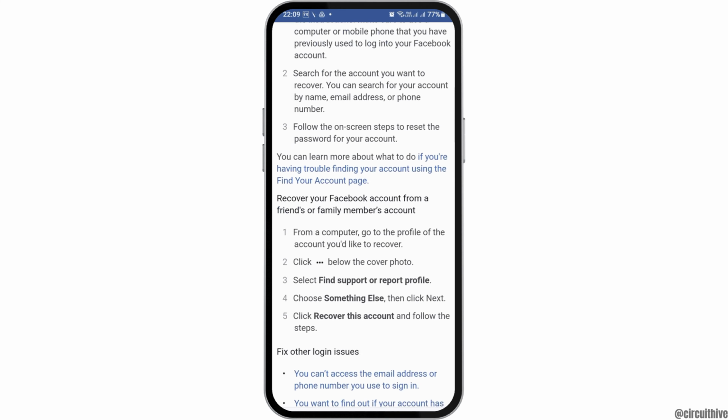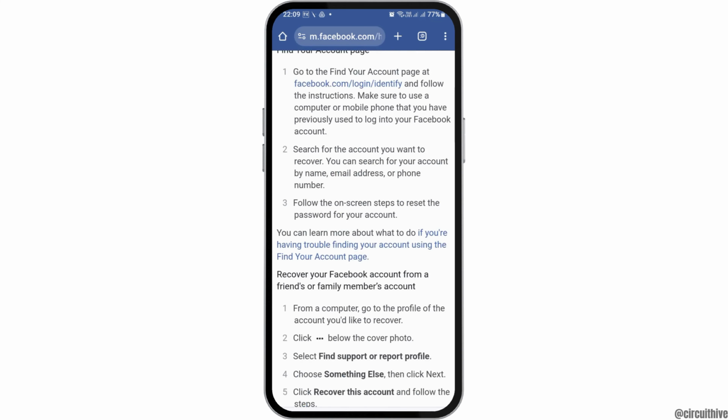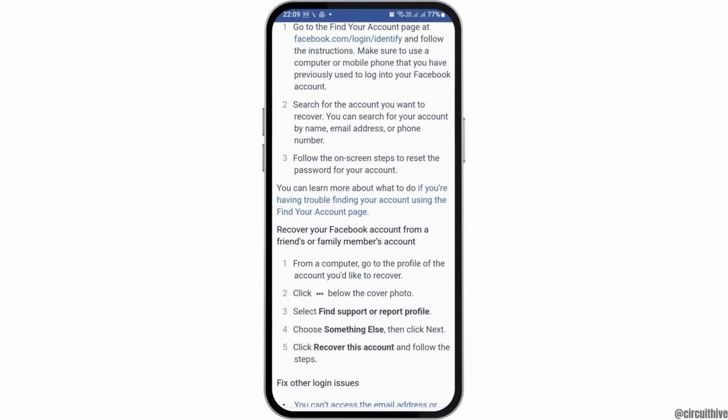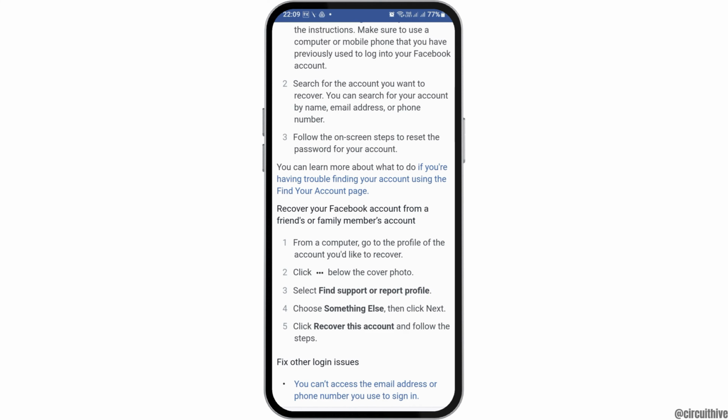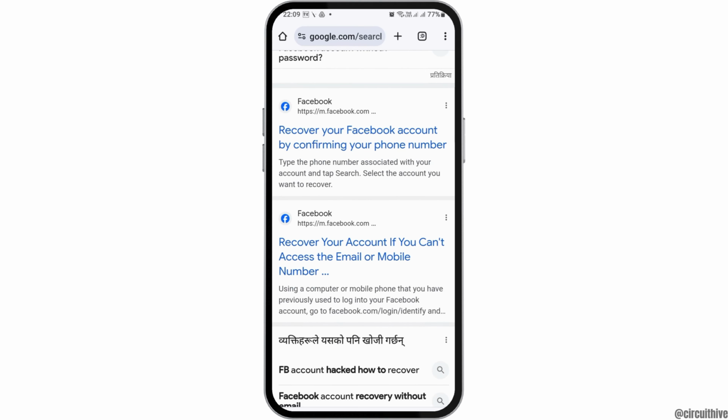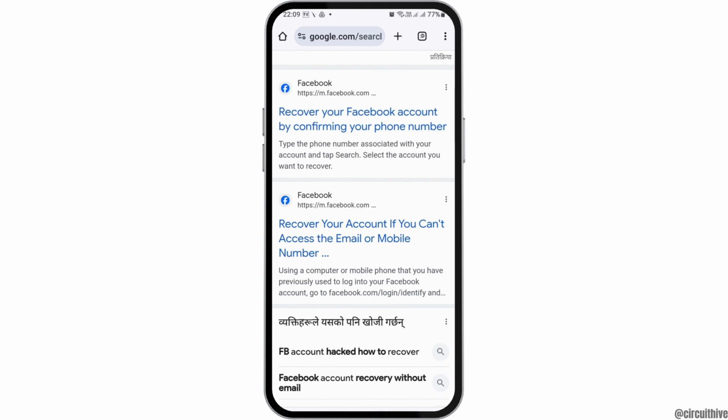Now after you see an interface like this, you can learn the steps as shown here and you can just follow it. Otherwise, you can also go to the option of having trouble finding the account. Otherwise, what you can do is you can go back once again and you can also recover your Facebook account